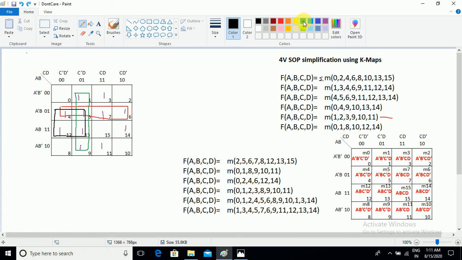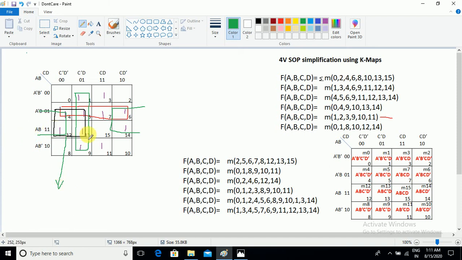I should take that edge mapping, so you have to take the edge mapping. Now this is also one of the groups, but here in this black group, how many cells are there in the black circle group? 1, 2, 3, 4 cells are there, but all 4 are overlap, so this group will not be considered in the answer. It is not an essential group. In any group, if all cells are overlap, then that group is not a prime implicant. It is not a prime implicant, and there is no need to take it into the answer.